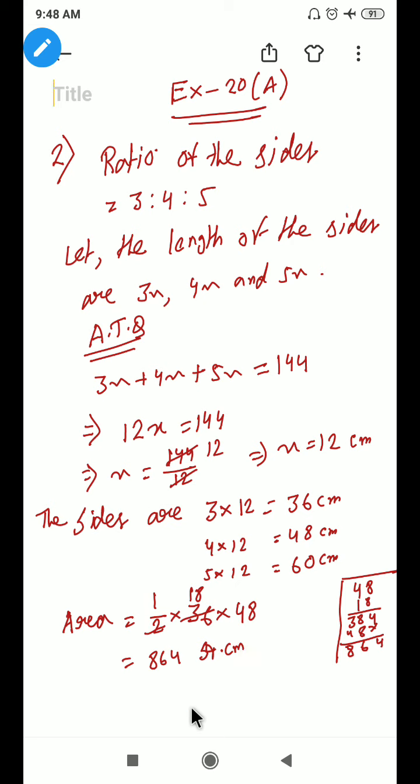So why square cm? Because this is a plane figure or two-dimensional space. Whenever we find the volume, that time it will be cubic cm. Whenever we find the length of anything, that time it is cm. Whenever we find the area of anything, that time it is square cm. And whenever we find the volume, that time it is cubic cm. Here cm and meter are different, according to the given length. Thank you everyone.